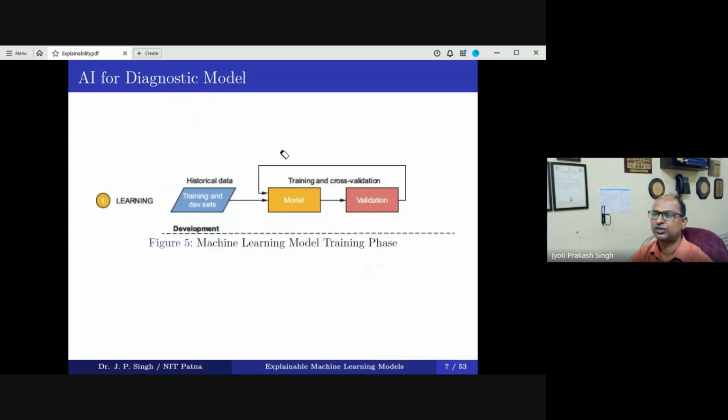Now, while you are developing that model, you take the historical data and divide it into two parts: a training set and a development or validation set. You give the training data to the model, which trains itself on that data. Then you give it the validation data set,